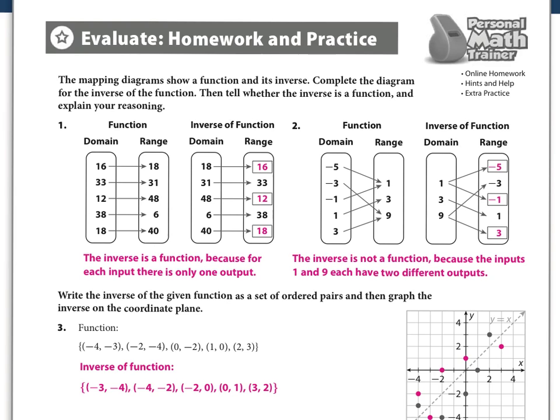And we just go through and fill in. This is a function because it is 1 to 1. Now all that means is for every input there's exactly one output. In other words, each x can only have one y, and we kind of talked about that with the vertical line test. So in number 2, the inverse is not a function because this x, 1, has two y's, negative 5 and negative 1. The same here with 9, has negative 3 and 3. So as we continue,